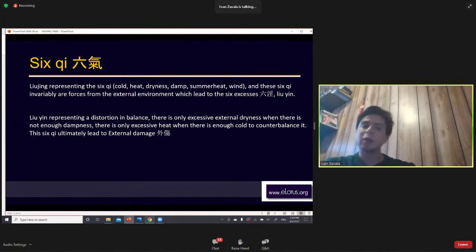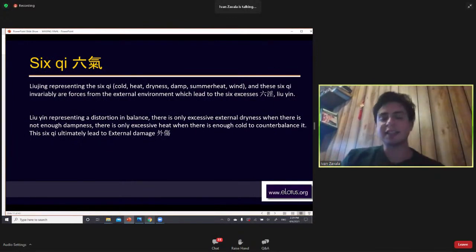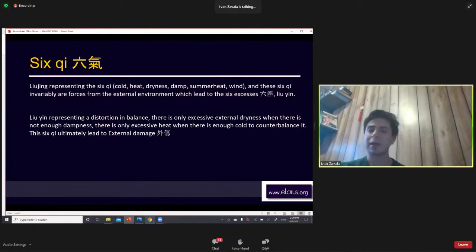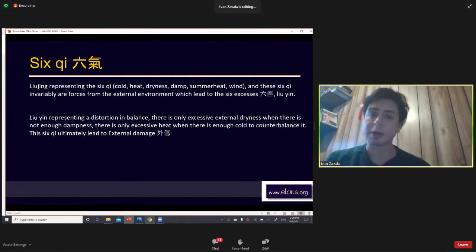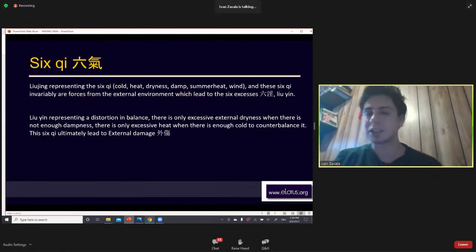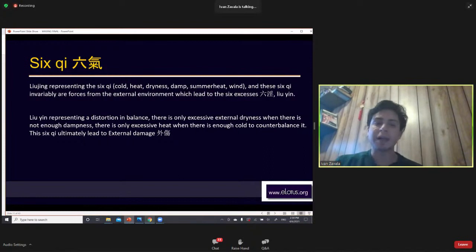So one aspect of what the Liujing represents is the six qi: cold, heat, dryness, damp, summer heat, wind. So that encompasses the qi of heaven. Right, the six qi. Those are heavenly manifestations. They are not coming necessarily from the inside. They are coming from the external world. That's why they are a universal force of nature. And these six qi invariably are forces from the external environment, which then lead to what we call the Liu